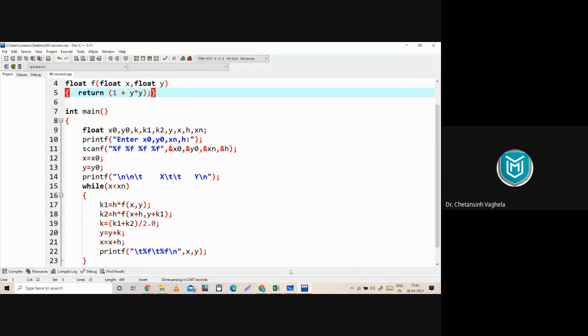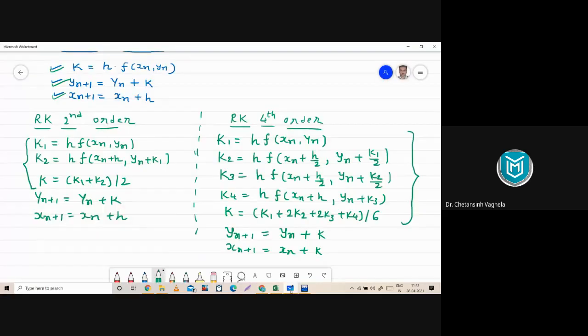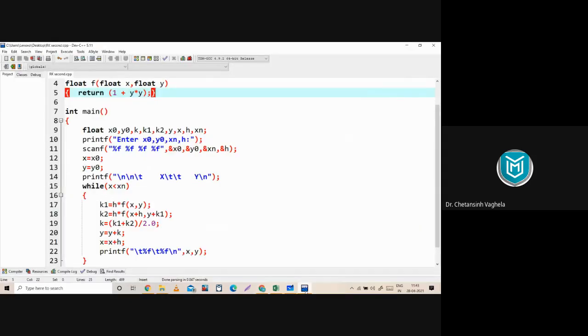You already have the formula here on the whiteboard, and you have already taken the screenshot of this formula. So using that formula, make the necessary changes in RK second order and convert it to RK fourth. Once the changes are done, again run that program and validate it with a numerical example from classwork. And once both practicals are done, your today's task is over. So this is your today's task. Please start working on this.